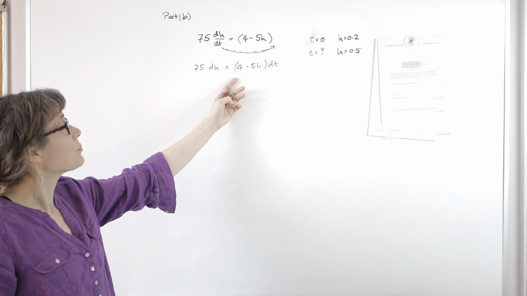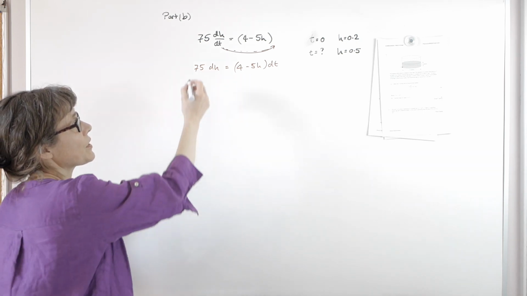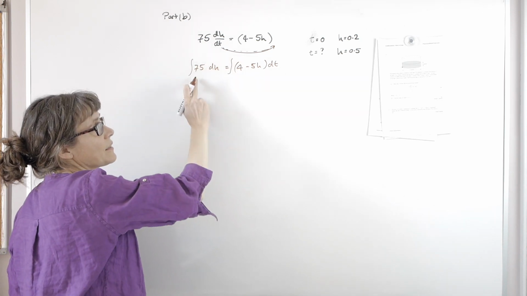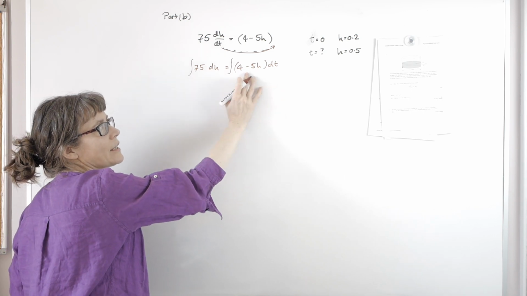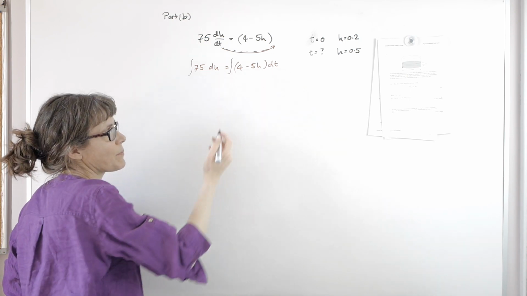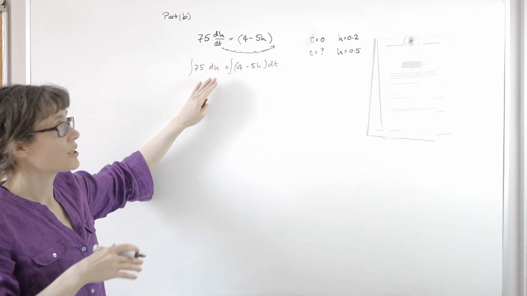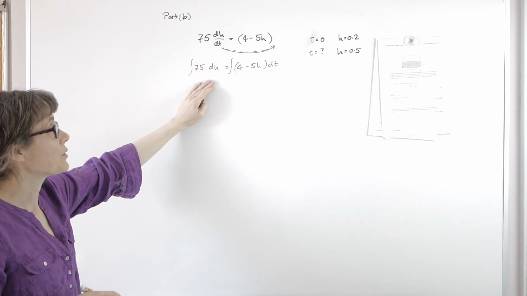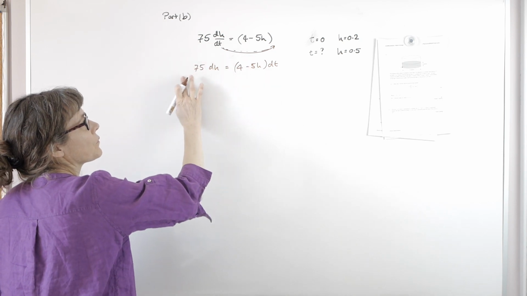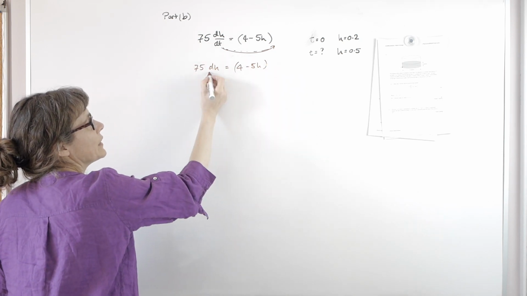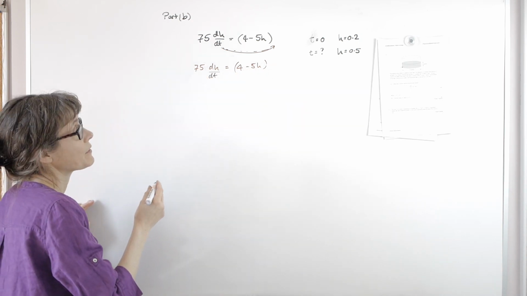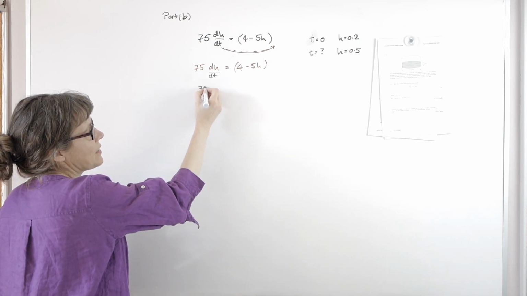Of course, this prevents some problems because we would also put in the integral signs at this point. And this is fine, but this part on the right hand side, we can't integrate this h with respect to t. So we need to get all the h's onto this side before we can do anything. So before we get to that point, let's put our dt back over here. And this time I'm going to divide by 4 minus 5h. And what that does for us